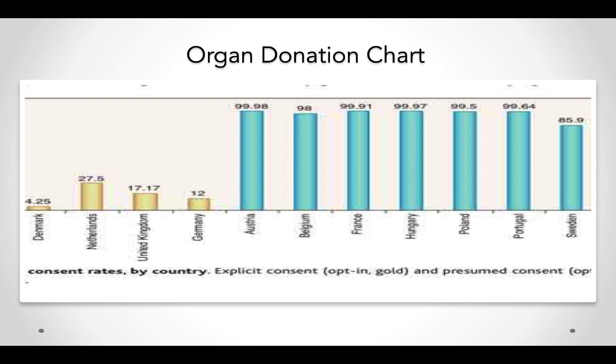Because if you know your history and your geography, Germany and Austria, the two countries next to each other in this graph, are not that different. They speak the same language. They're basically the same type of people. And yet we have such a difference in their organ donation rates. So are the UK and France, depending on which side of the English Channel you are, and the Netherlands and Belgium, and Denmark and Sweden. They're all on opposite sides of the spectrum, although we could consider them similar. So what is going on with this?